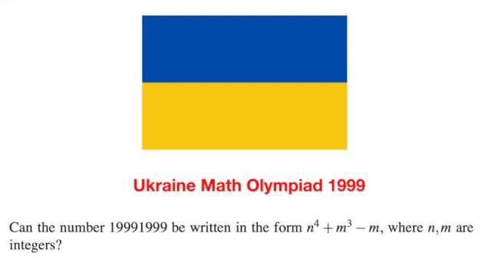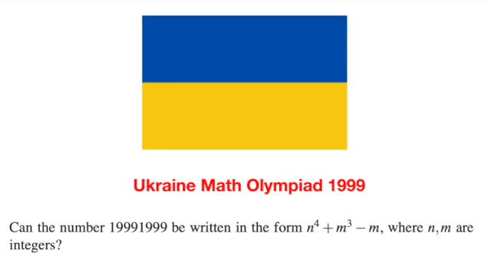For today's video, we will be looking at the simple Math Olympiad question from the 1999 Ukrainian Math Olympiad, which I'll be using to illustrate some principles from modulo arithmetic. The question asks, can the number 1999 be written in the form n power 4 plus m cubed minus m, where the m and n are